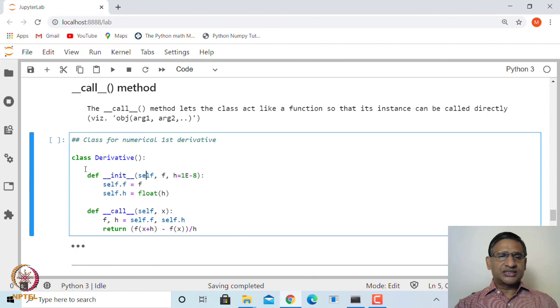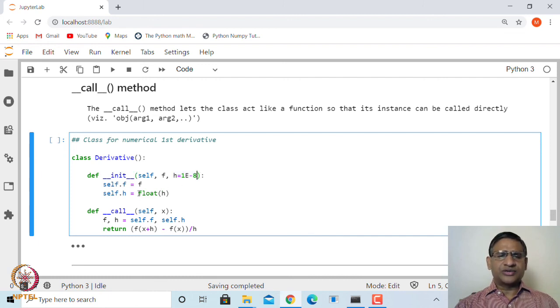And so, how do we create this class? The class name is Derivative, and inside that you create the init method with self and the function, and then this is the error term, that is the h value. By default it is taking 10 to the power minus 8. You can change this, and then store this f in self.f and h in self.h, and somebody may give this an integer value.